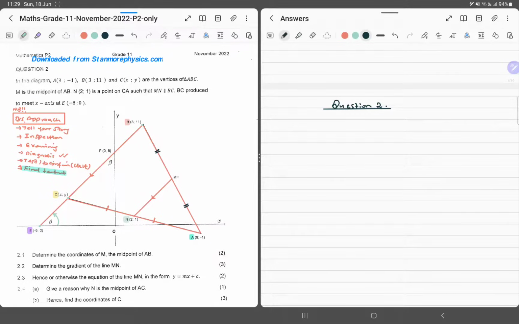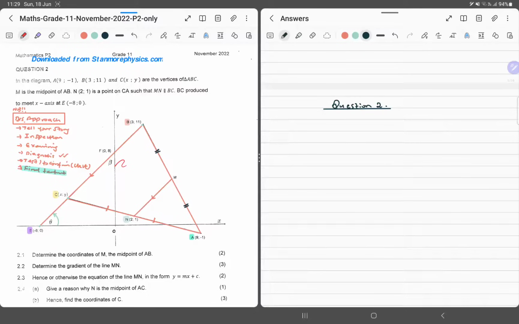Secondly, we can also work out the coordinates of M because we've got the coordinates of the edges of that line. So we can even do the gradient of that line AB. We can even do the equation of that line AB. So we can pretty much do a lot. And then if we're looking again,